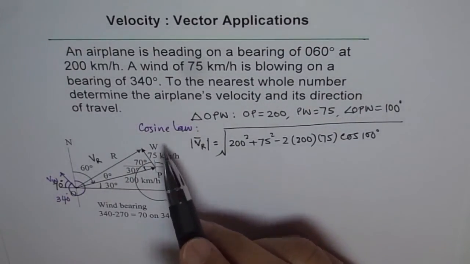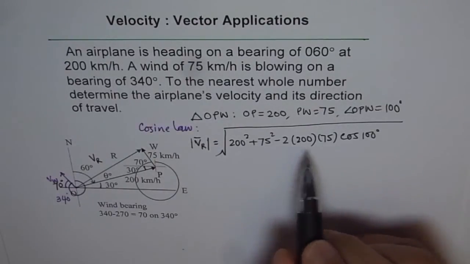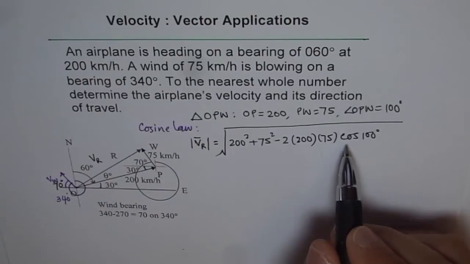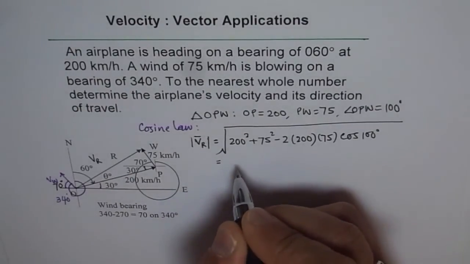It's the cosine law. We use cos of the included angle, right? So that's an easy way to remember. Now use your calculator and calculate your answer. So it is the square root of, within brackets, 200 squared plus 75 squared minus 2 times 200 times 75 times cos 100. So that gives you, we can write it approximately as equal to